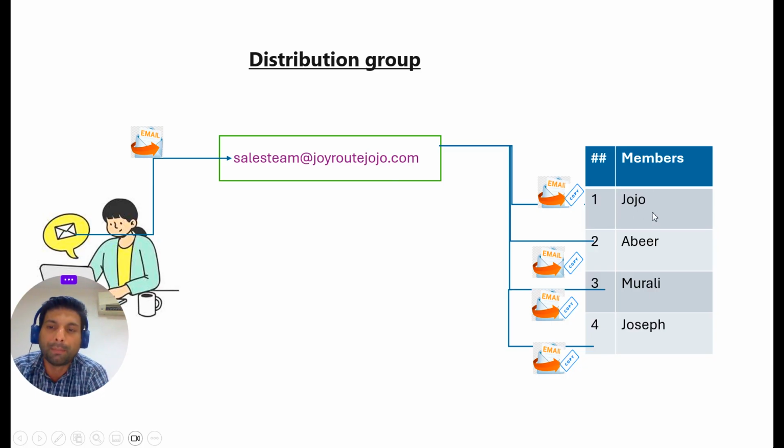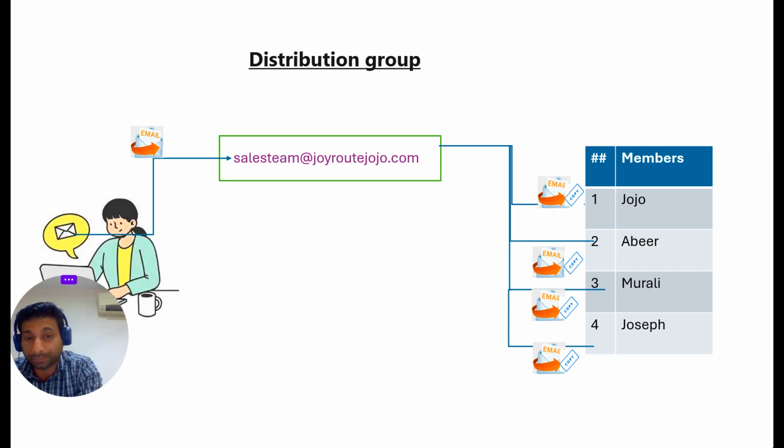gets a copy of this mail in their personal mailbox. So what you have to understand is that there is no shared inbox where members can collectively view and manage or respond to emails. It acts just like a distribution list. When a user sends an email to this distribution group, all the members get a copy of that mail in their mailbox. They do not have a common shared inbox where members can collectively view and manage or